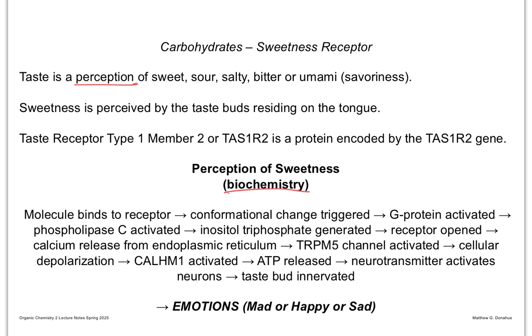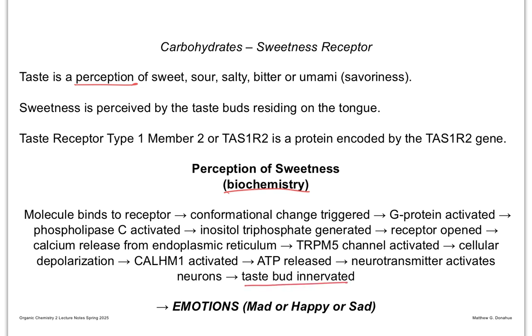I'll let you look at those 5 lines of stuff that's happening. You start off with the molecule, you put it on your tongue, the molecule binds to a receptor, a conformational change is triggered, G protein is activated,